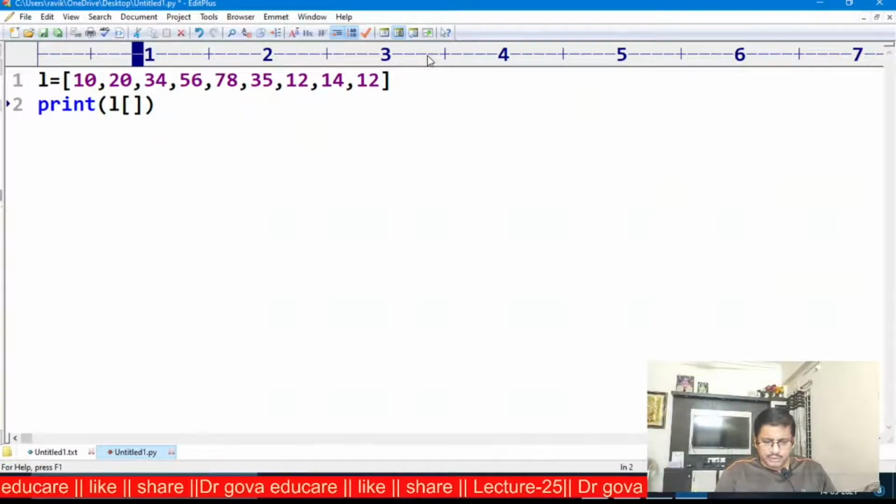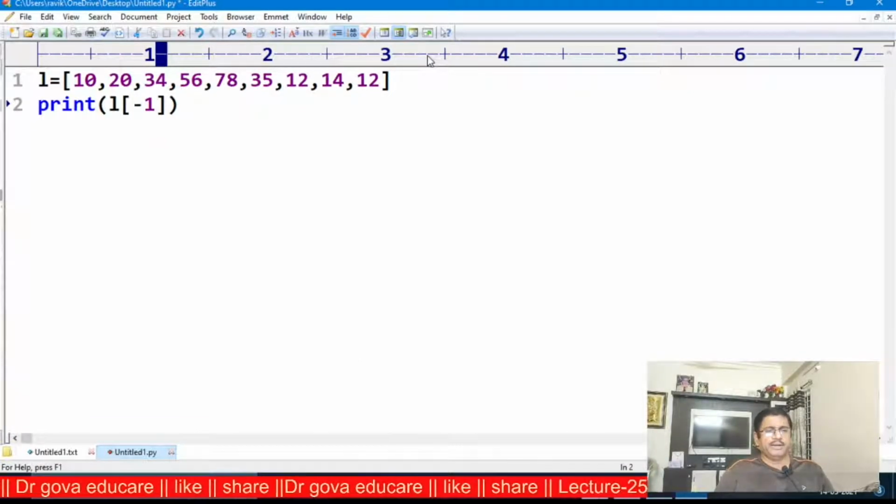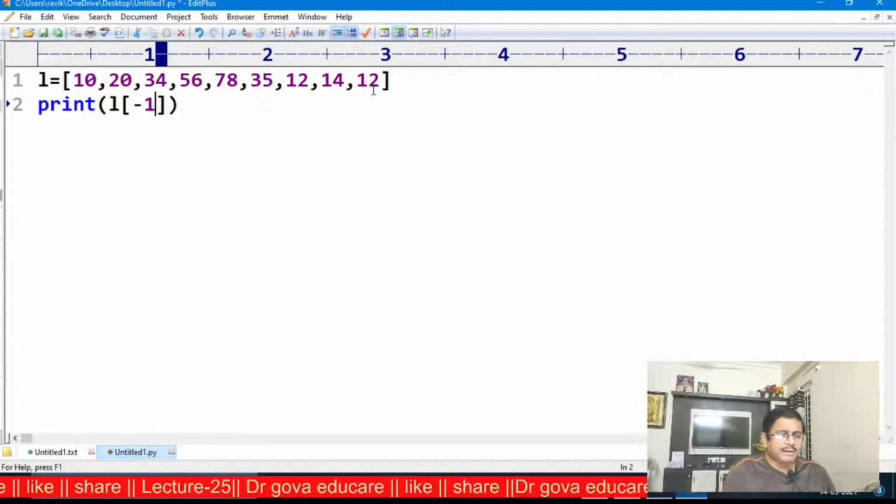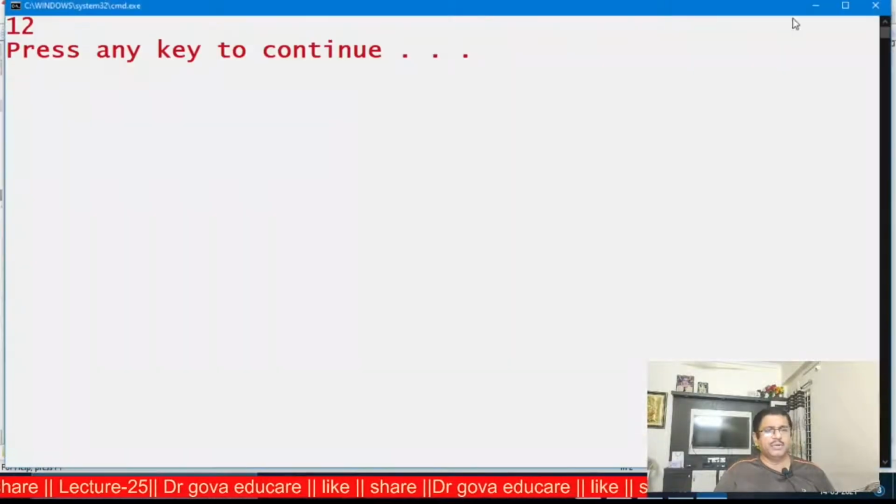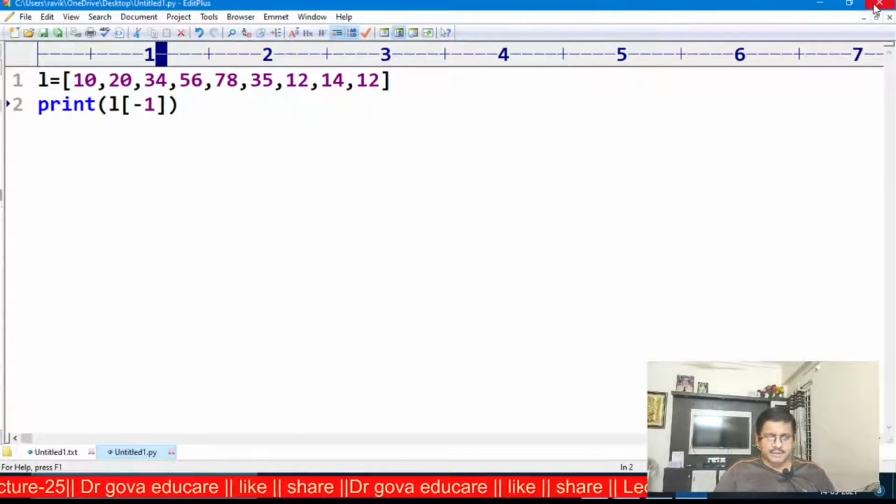Similarly, I want to retrieve L of minus 1. L of minus 1 means now the index is negative, that is from right to left, so 12 will be displayed on the screen. Similarly, L of minus 3, index is negative right to left, that is minus 1, minus 2, minus 3.